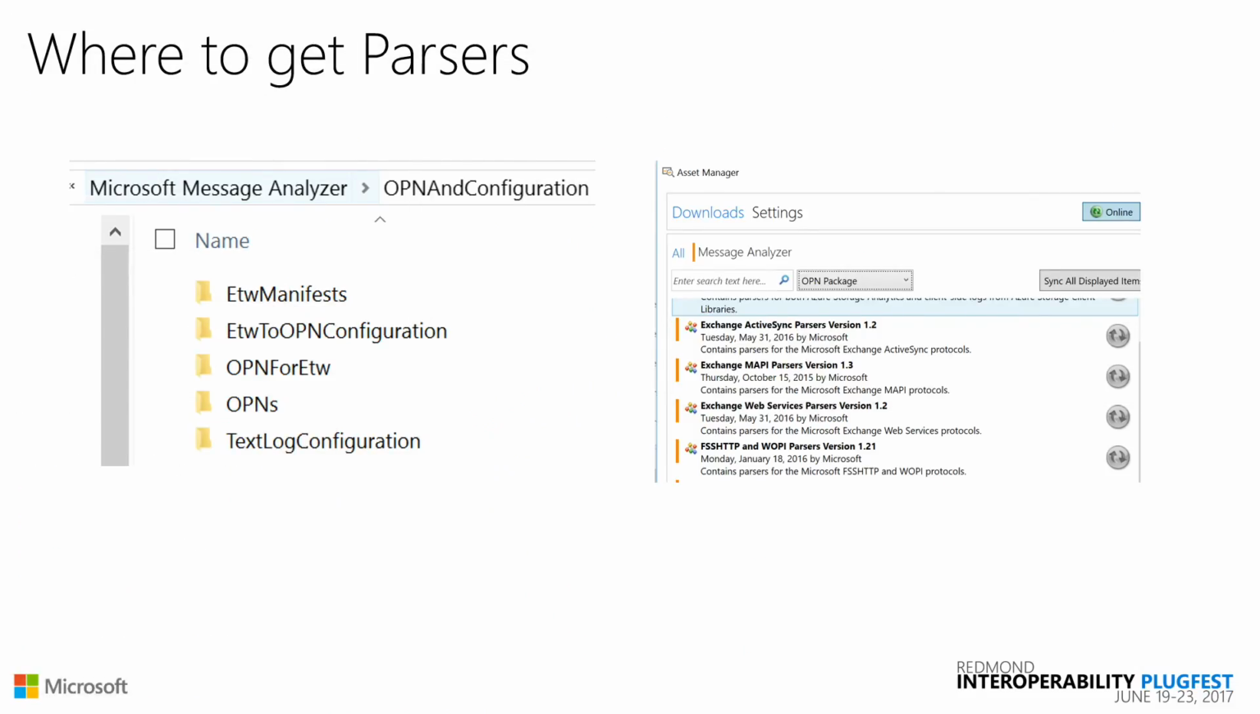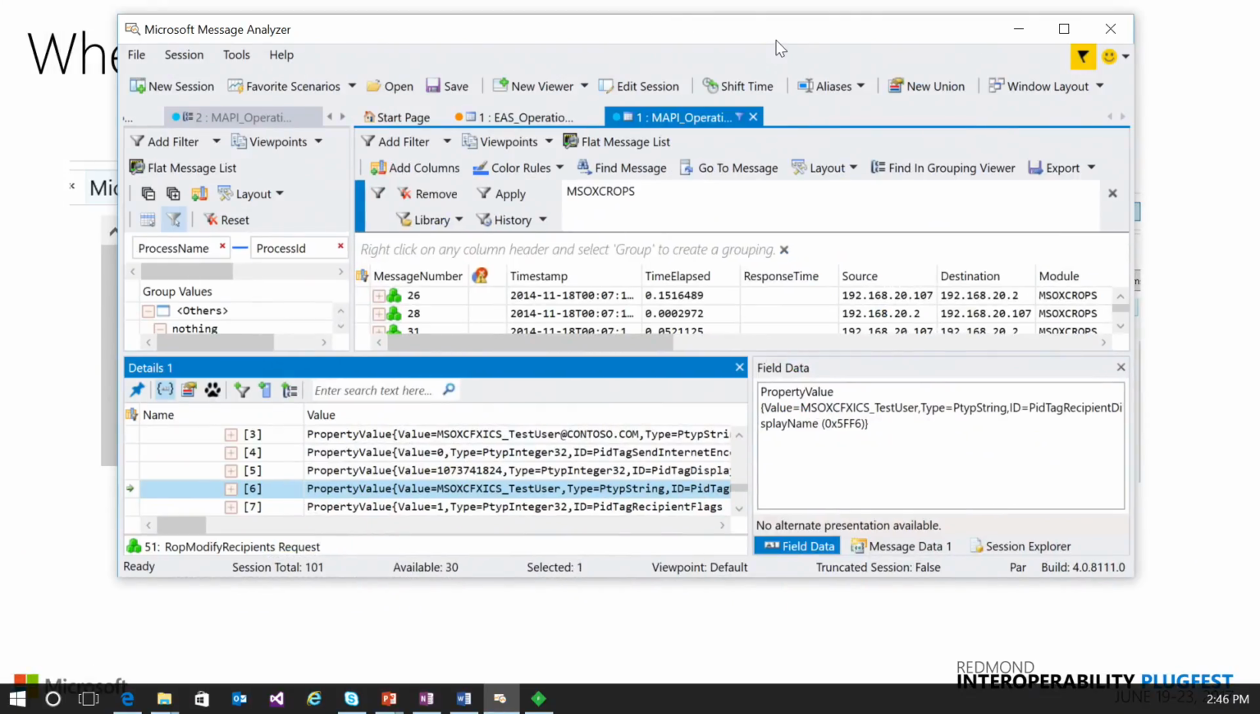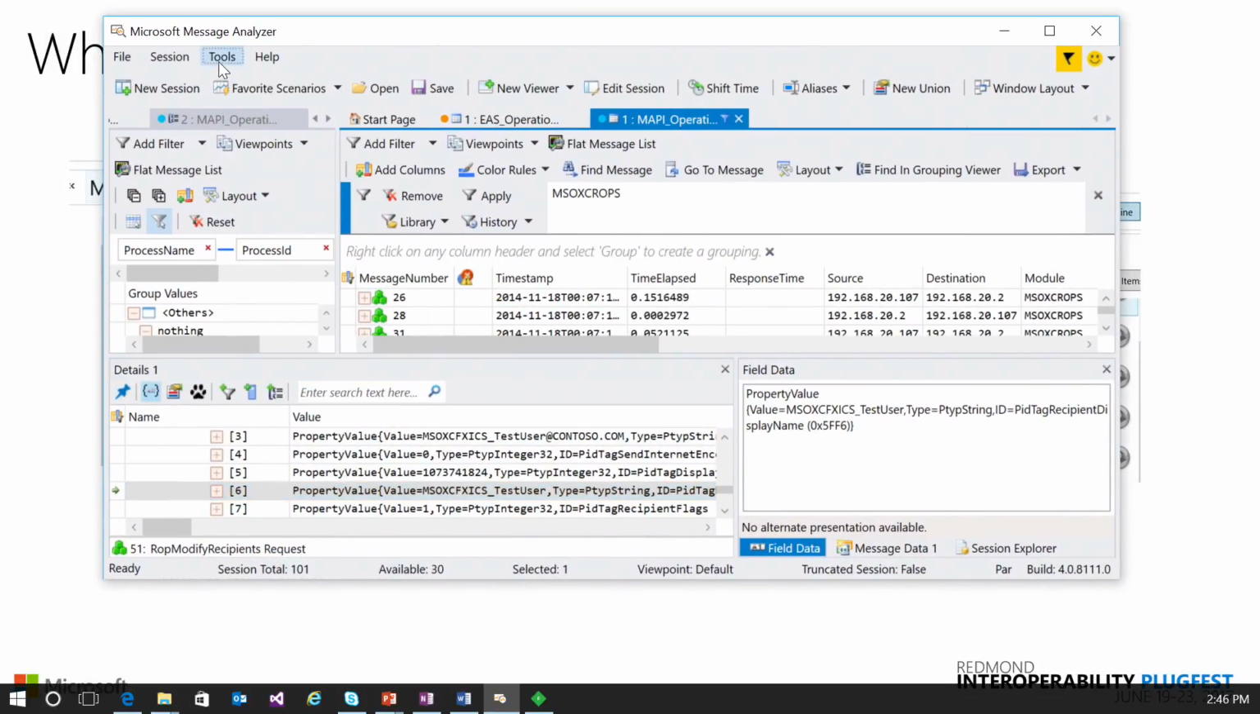The other way of getting Message Analyzer parsers for Office is different. For Office, if you just install Message Analyzer, you probably can't see any Office parsers there. But then if you go to, I'm going to show you here. So this is Message Analyzer. If you go to Tools, Asset Manager,